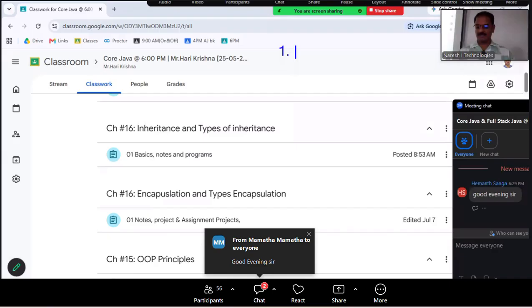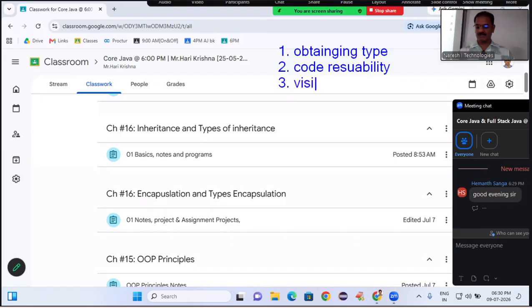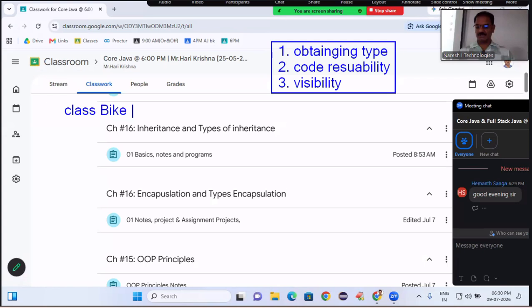First one is what is the meaning of obtaining type. Second point, code reusability. Third, visibility. These are the 3 points you have to understand. When you create a class deriving from an existing class,